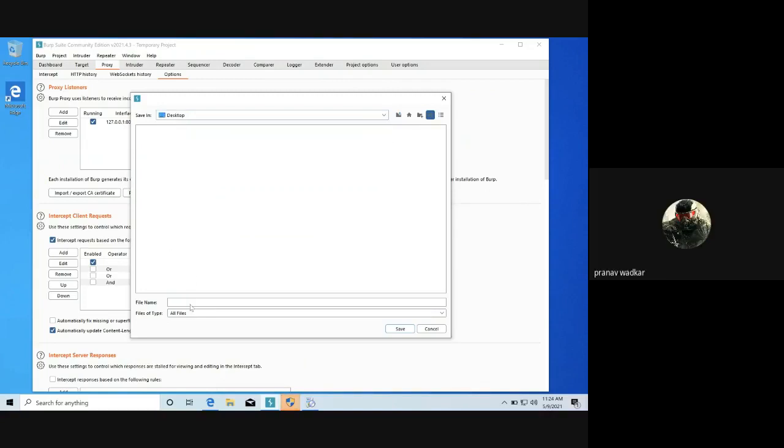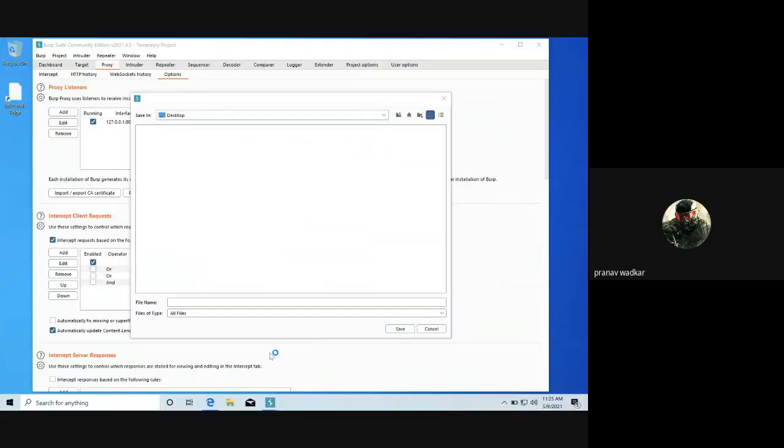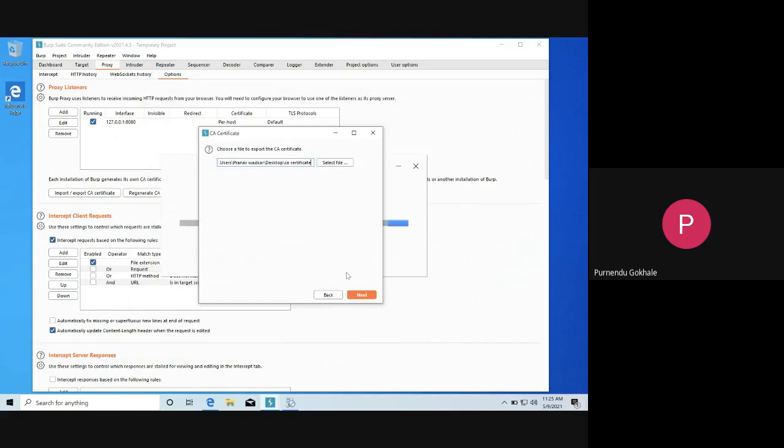I think Chrome is asking for some permissions. Yeah, save it as CA cert. Okay, and save. Next, next, close.